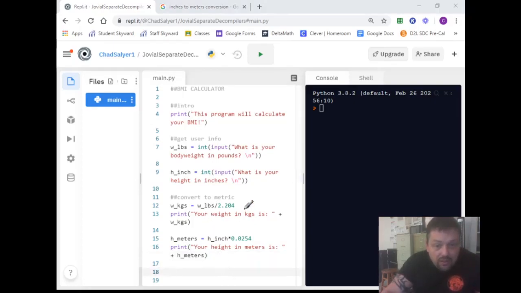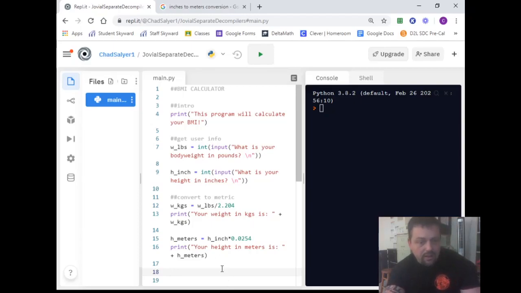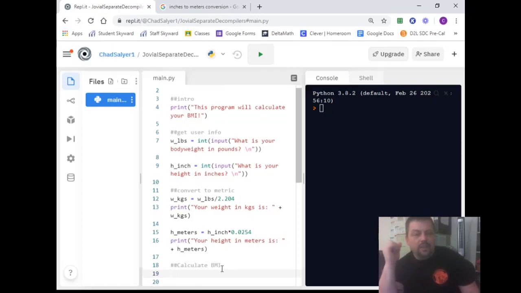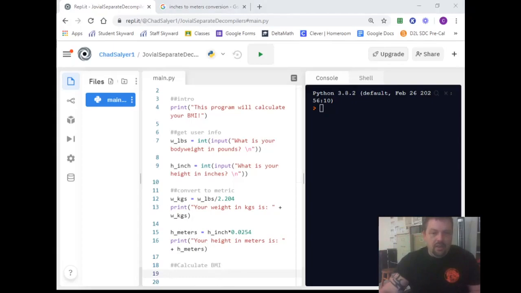Let's move on to step 4, perform the calculation for the BMI. So, make a little note to myself here what this part of the code is doing. So remember, we need the weight in kilograms divided by the height in meters squared.